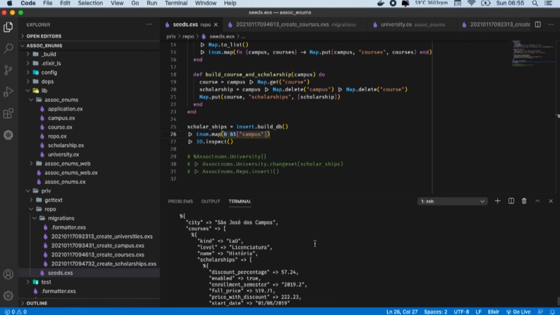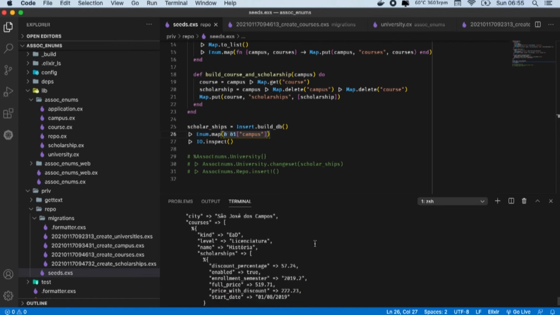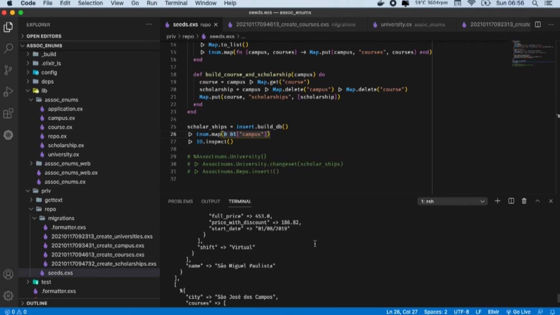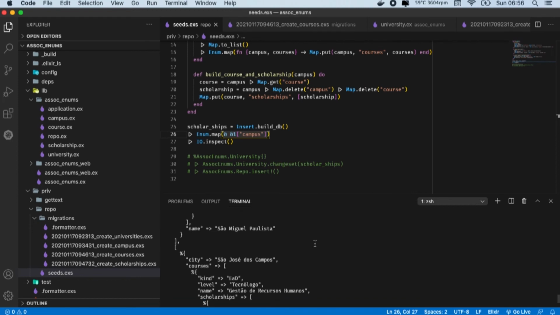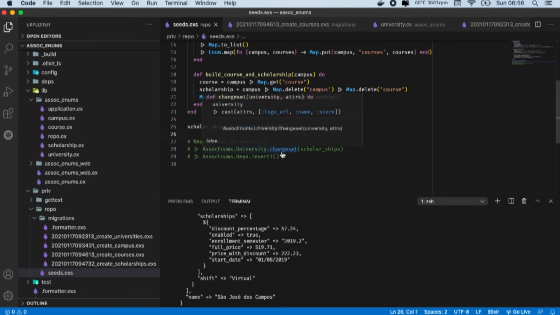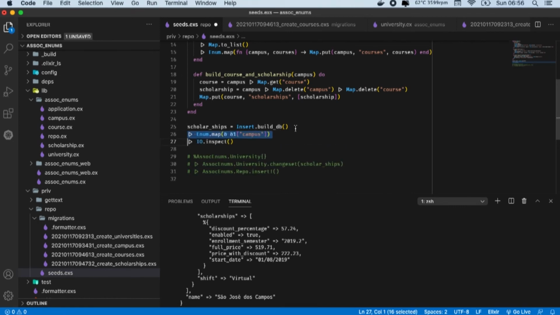Right. Now we have just the campus here for each university, and all of them make sense to have. I think the most problem is not the university insert. Maybe we can go to the map here,